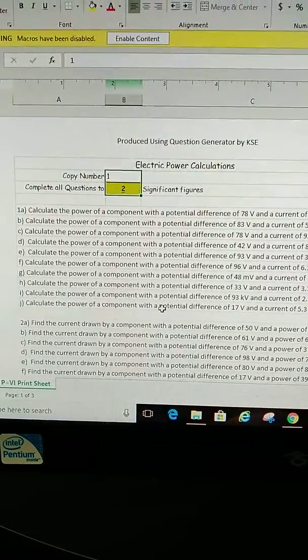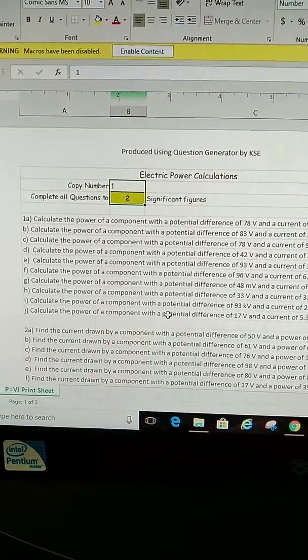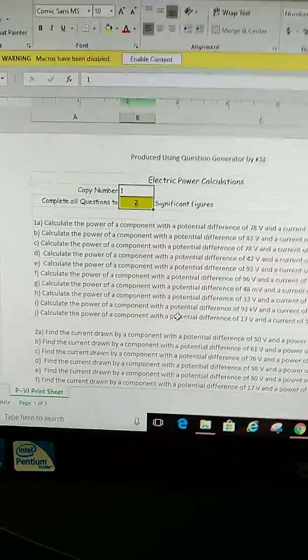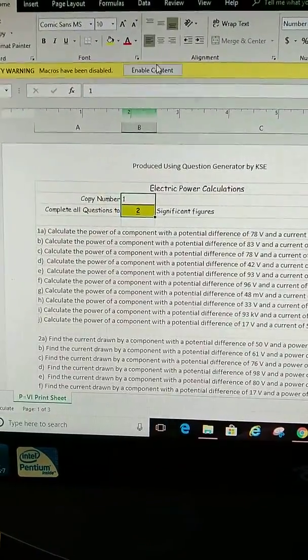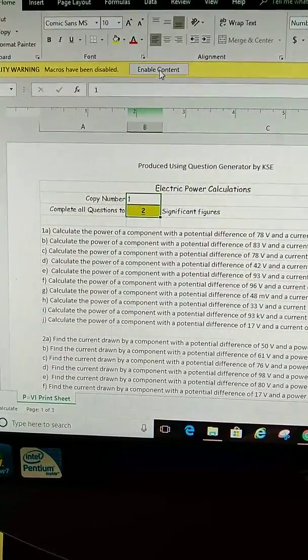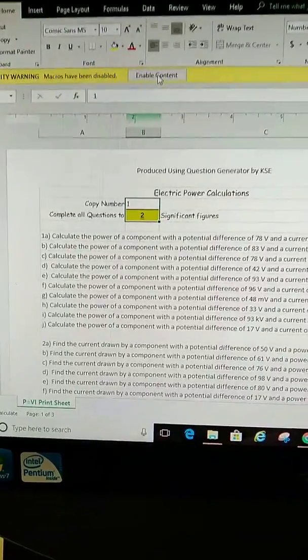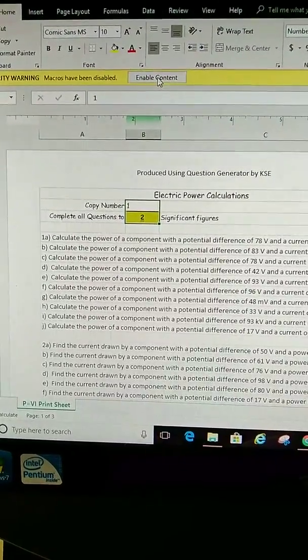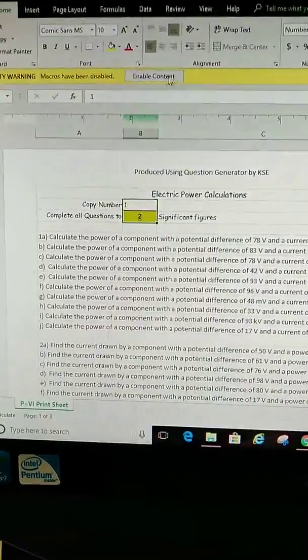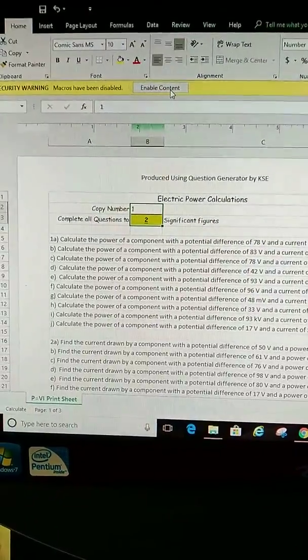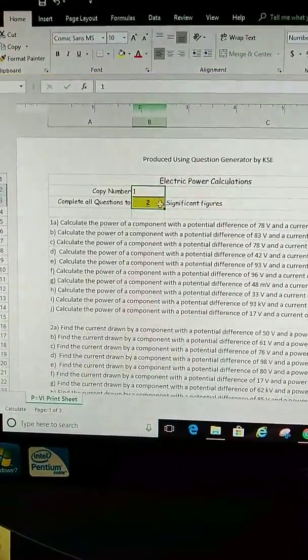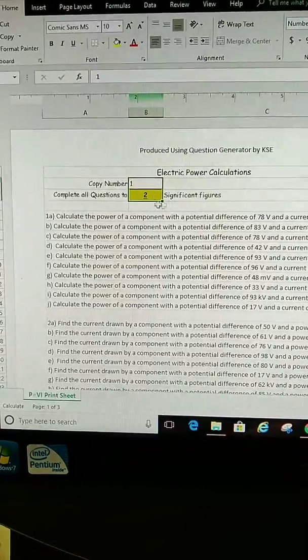This is a video on how to use the Excel spreadsheet question generator. Firstly, you have to enable the content. This does have a macro in it. It's only a small one just for incrementing this copy number here, but you will have to enable that in order to use it. So if you click Enable Content,